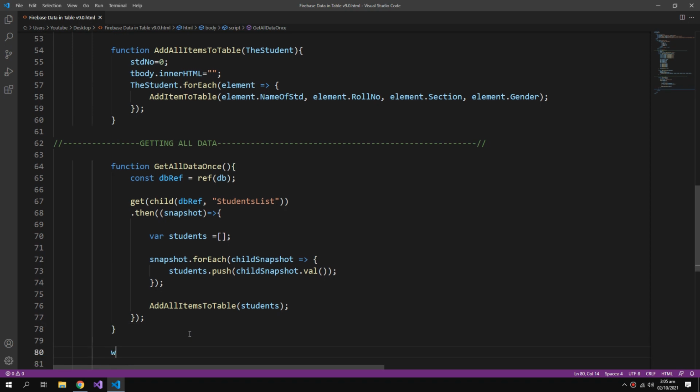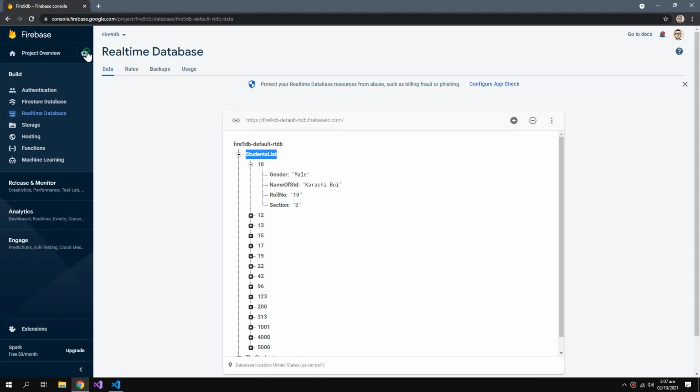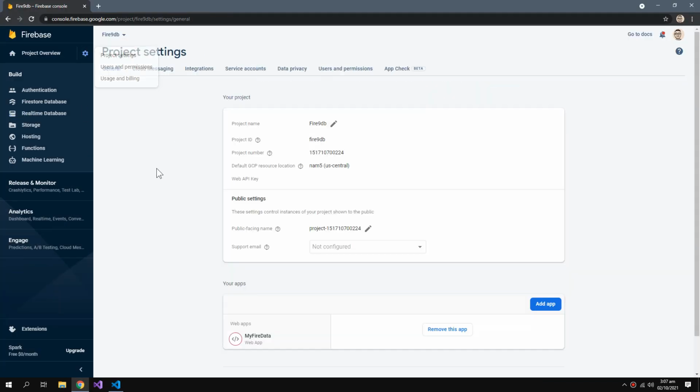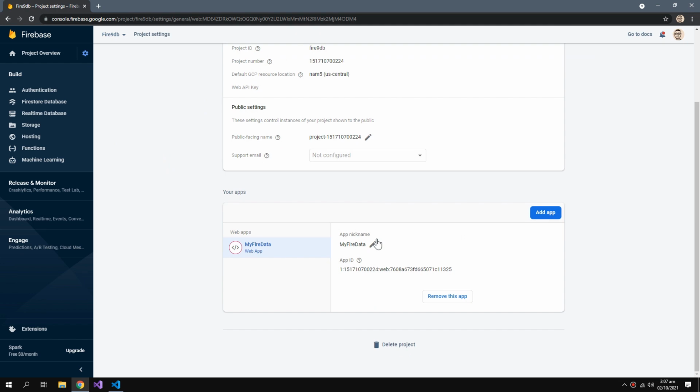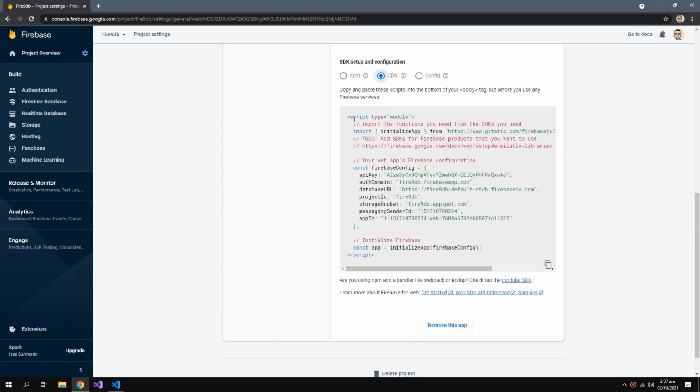Now I can assign this function to the window.onload event. Now I also need to add the configuration of the Firebase to use all of these get and child functions. So coming to the project settings, in the CDN I have all of these configurations.